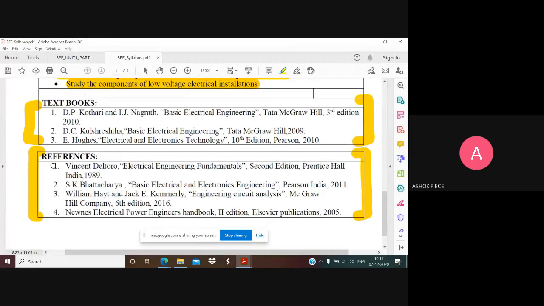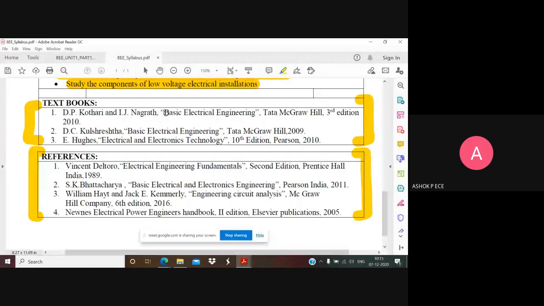And reference books: in case you want to learn additional concepts or solve additional problems, you can study from those reference books. The textbooks are going to be your major source of study, and the reference books are for extra problems or for learning something additional. I have taken the concepts mostly from these 3 textbooks, predominantly from textbooks 1 and 2. The concepts are the same everywhere. It all depends on how we apply the concept when we solve problems in basic electrical engineering.